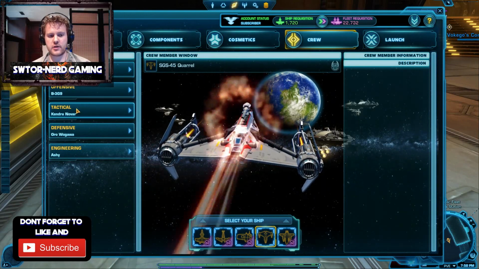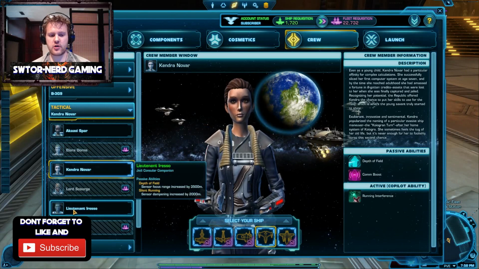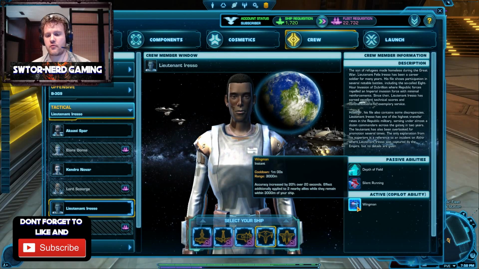First thing we're going to go into is tactical. So this is your stock. What we're going to switch on pub side, we're going to switch to Lieutenant Iresso. The main reason being your active ability right here, Wingman. This has a cooldown of 1 minute, range of 3,000 meters, but it increases your accuracy by 20% for 20 seconds. It also applies to 2 nearby allies, which is great, but we're running it on the gunship specifically